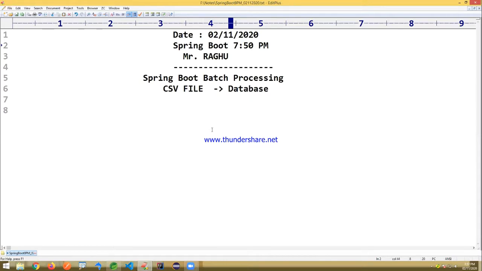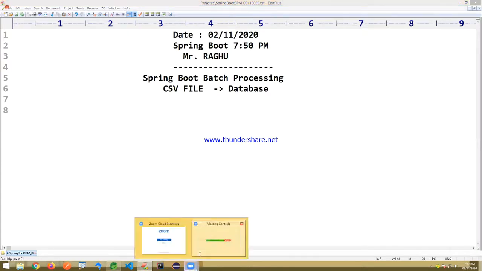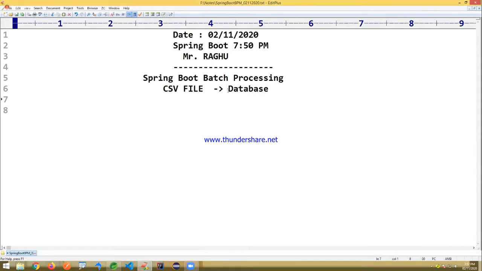After reading the data, process the data and write it to any database, something like MySQL or Oracle database. Of course, you can use Mongo database also. I'm just taking MySQL database, or a SQL based database, for example.